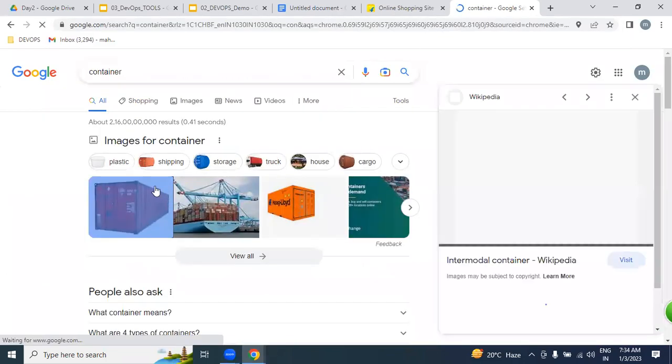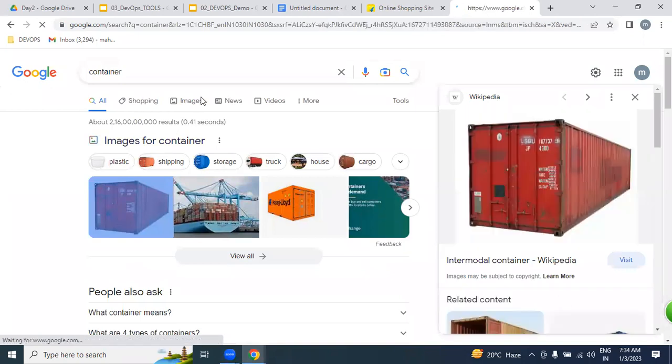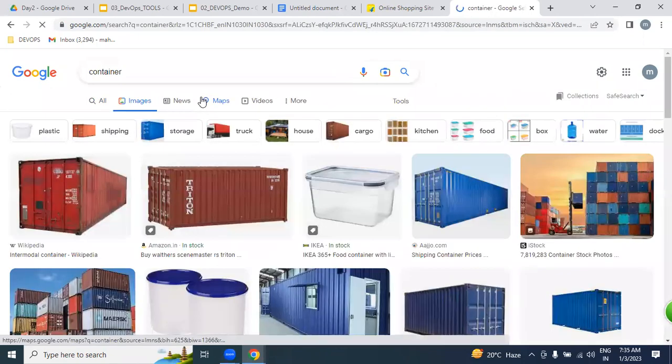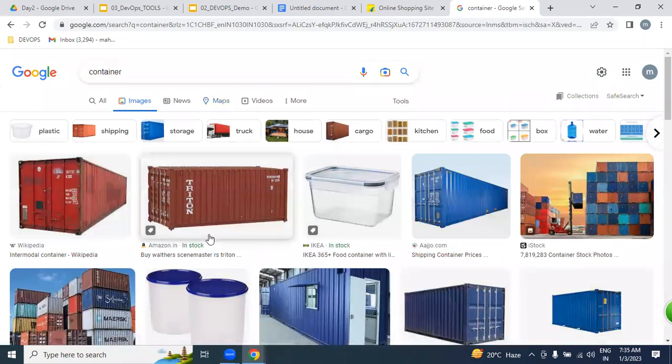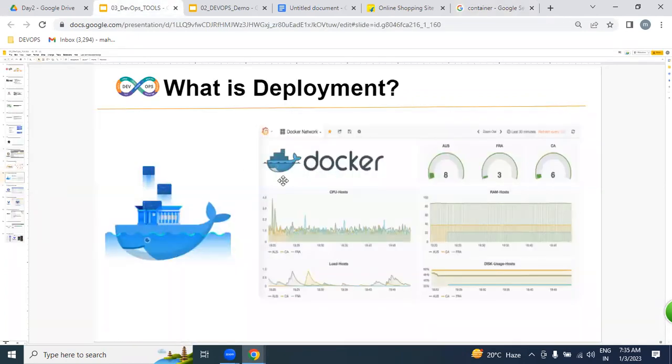By using those containers, we can transport seafood, maybe any food items, via sea. But by using our Docker containers, we can transport our websites with different applications, maybe Java applications, .NET applications, or Python applications. We can deploy and maintain them very easily.